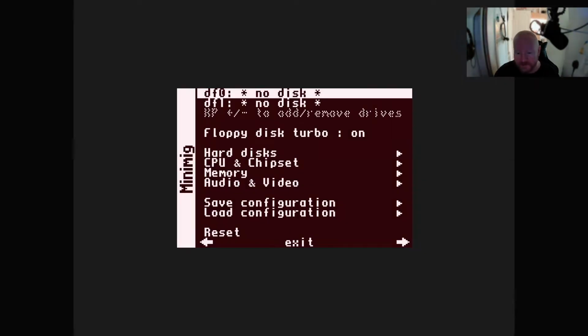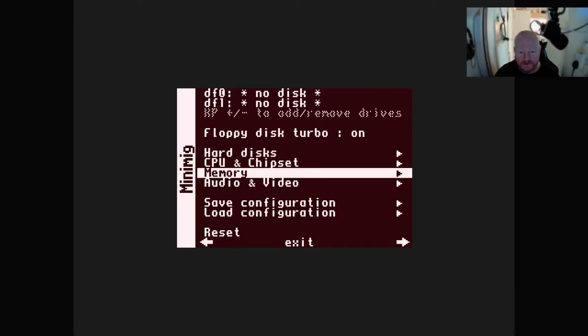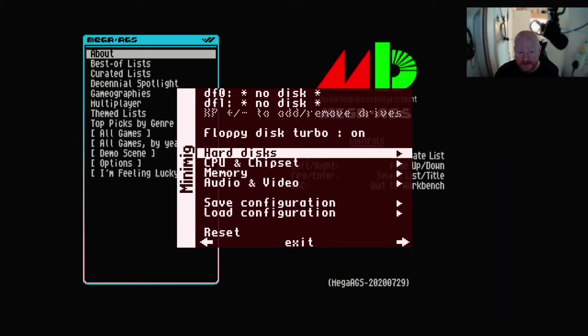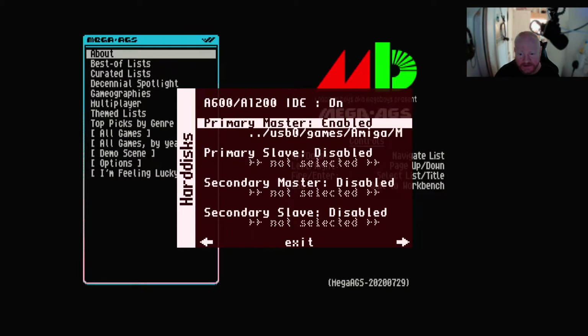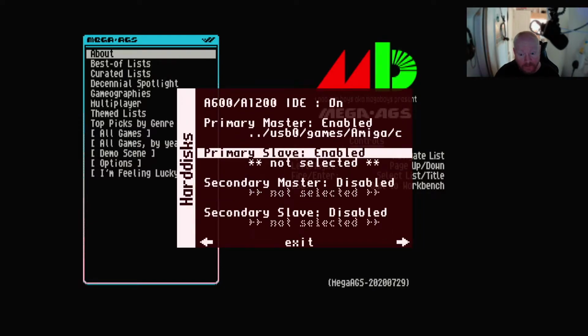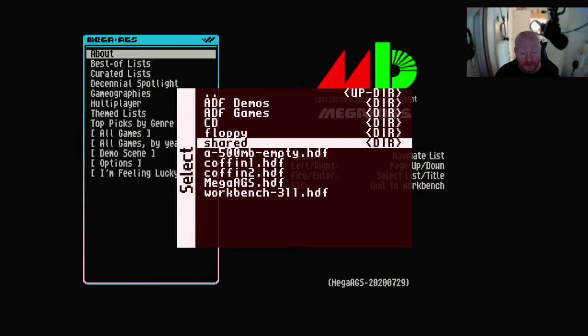I've got it set to boot into a different image, so you're going to have to ignore that for a moment. So we need to configure this to run the Coffin OS. So hard disks, primary master, Coffin 1, primary slave enabled, Coffin 2,